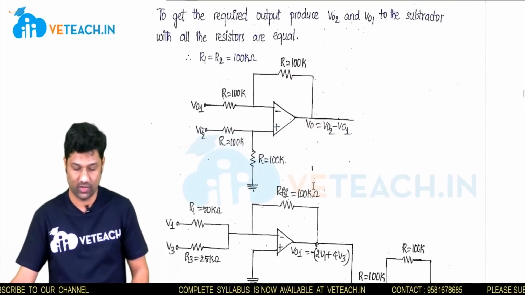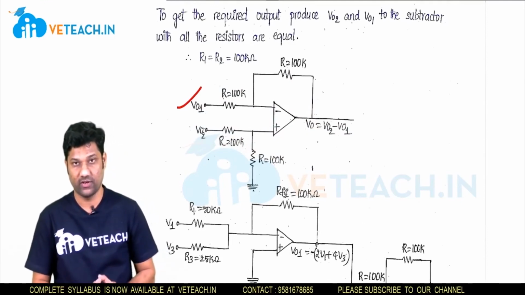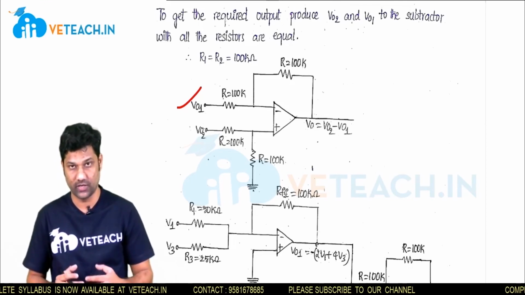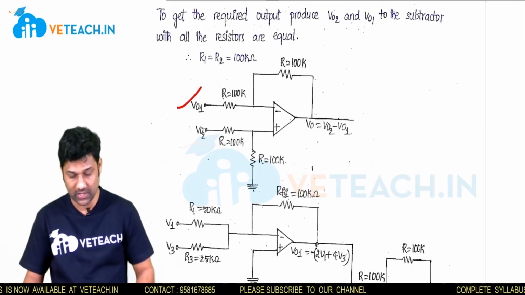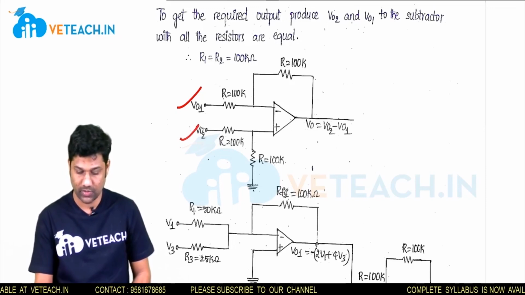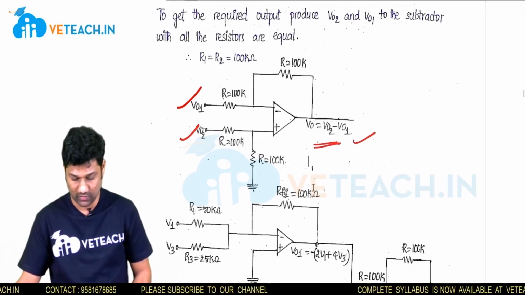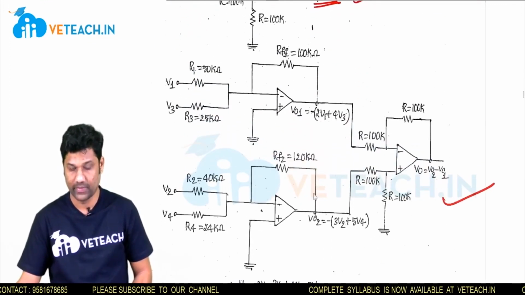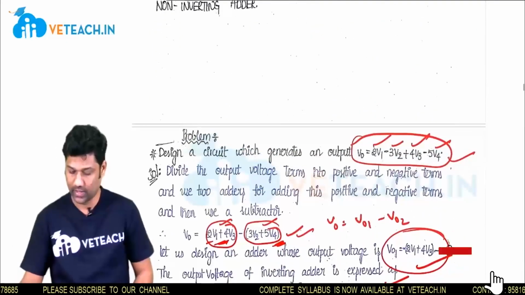So now I am using a subtractor for V01 and V02. V01 is provided to the inverting terminal because the phase shift of V01 should be changed. As the phase shift of V01 should be changed, it is given to the inverting input terminal, and the phase shift of V02 should not be changed, so V02 is provided to the non-inverting input terminal. By substituting these two for a subtractor, we get V0 equal to V02 minus V01, and by combining all the circuits, there is a circuit which generates the given output voltage V0 equal to 2V1 minus 3V2